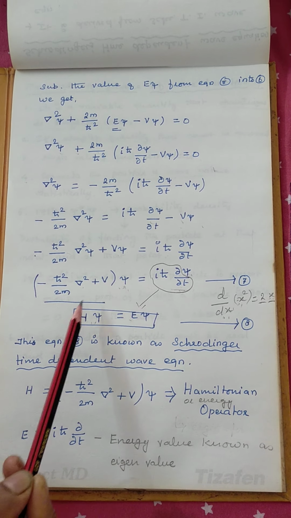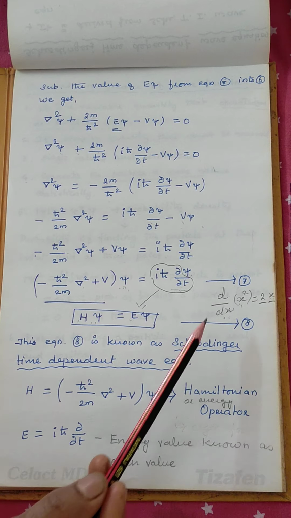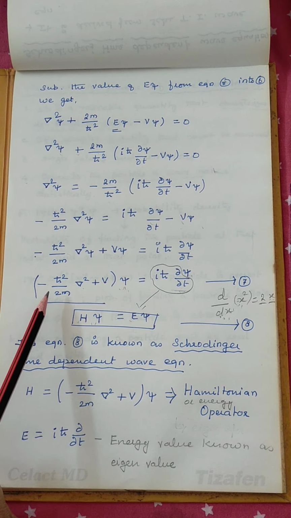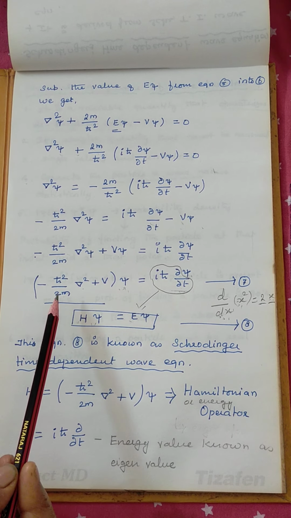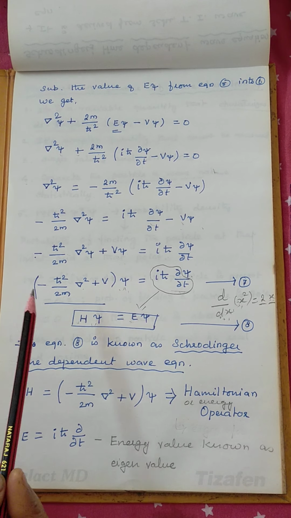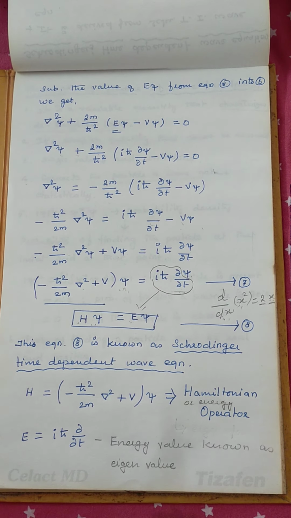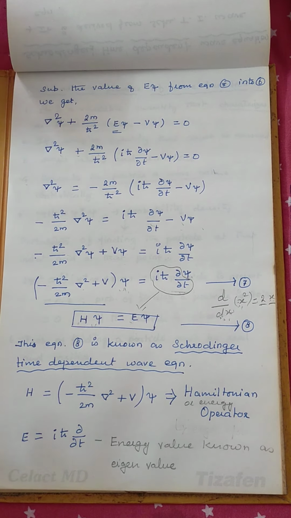This is an operator called Hamilton. This is a differential operator. So this is what we call the Hamiltonian operator, and it is also called the energy operator. Then the energy value it gives is also known as the eigenvalue. So this is the time dependent Schrodinger wave